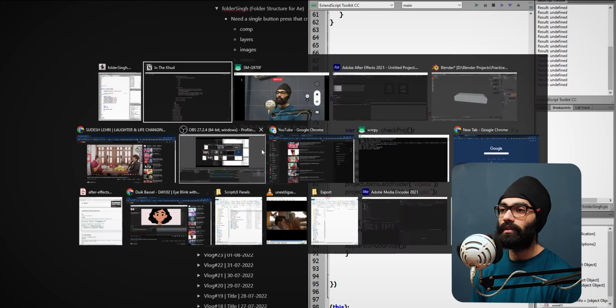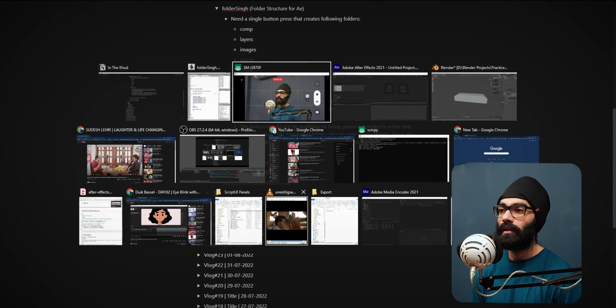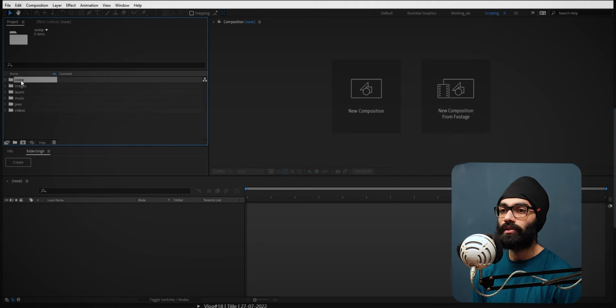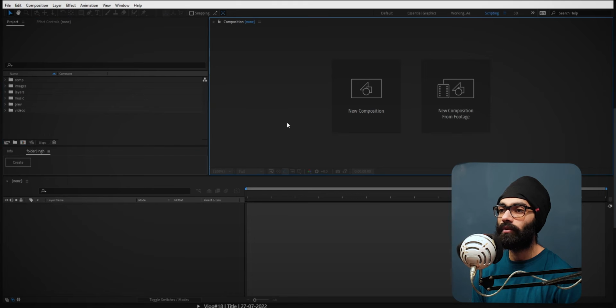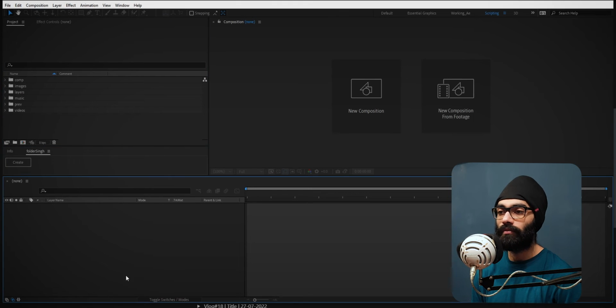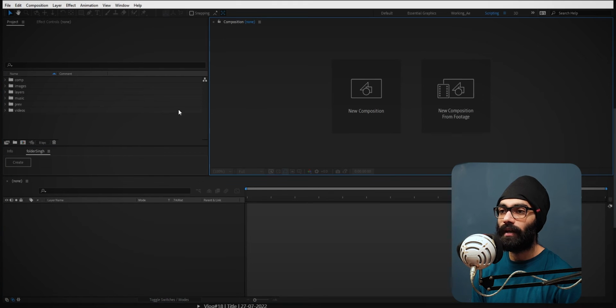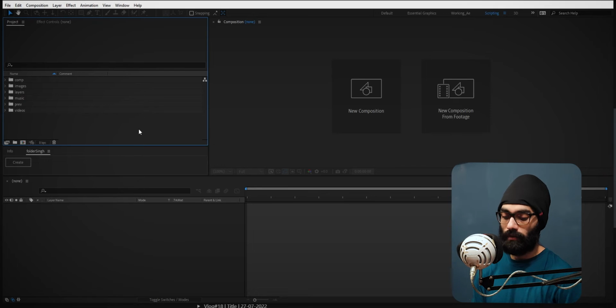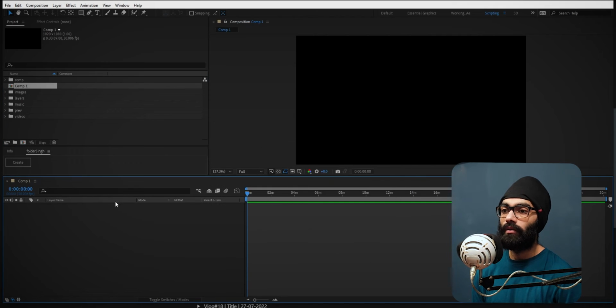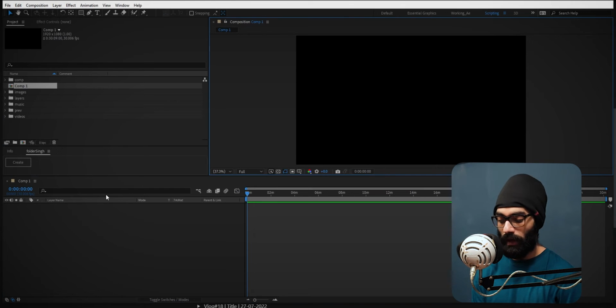There is one small thing I've learned, I haven't put it down here, but just like in Premiere, you can change the focus from here. So whenever I click on these panels, these are called panels in After Effects, you see this blue line, that means this is highlighted. Now if I just create a comp, and press this slash, is this backslash or forward slash? I don't know. The one next to shift, the one which also has a question mark on it. So this shifts between the composition and the timeline.